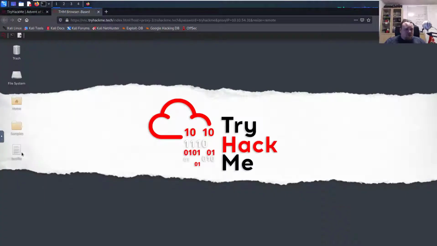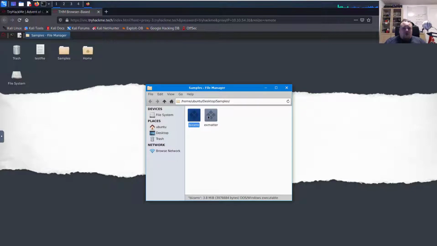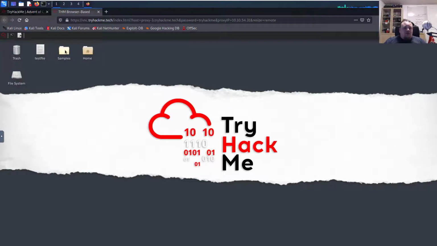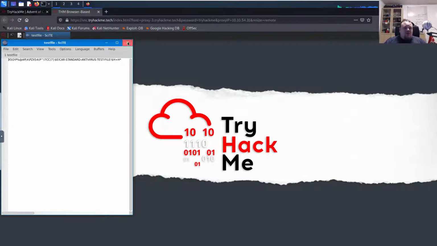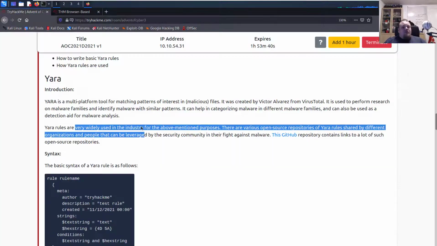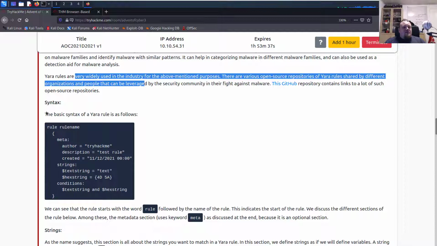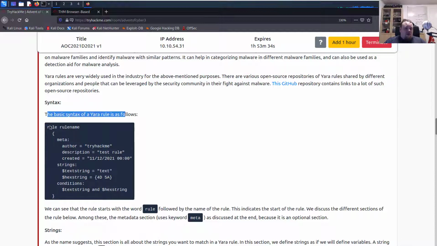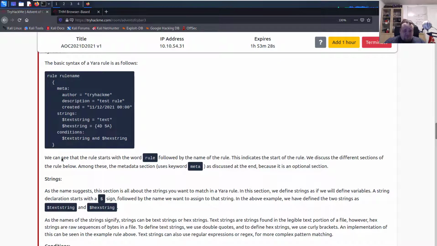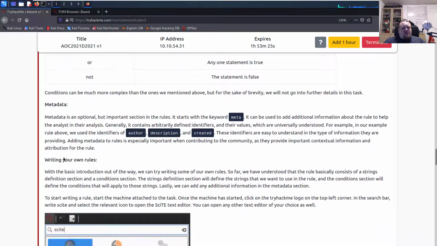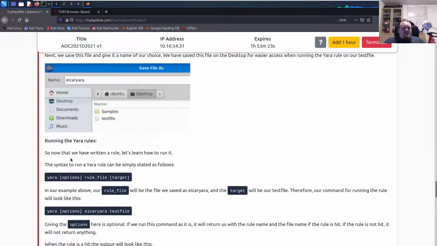So let's see, on this machine we have a test file, a sample, and home folder. In the samples we find Bizarro and Xmatter, and the test file is probably something we can open containing some weird string. So the basic syntax of Yara is as follows, and the description is here. We can see that this is a rule name, meta, author, and so on. Now, what I'm going to do is scroll down to the actual exercise,